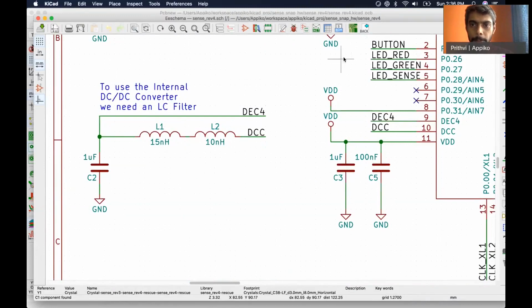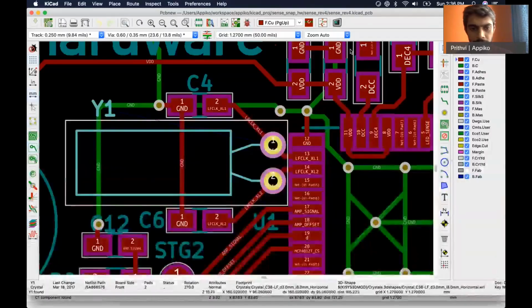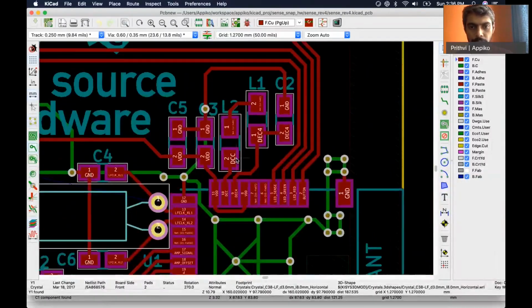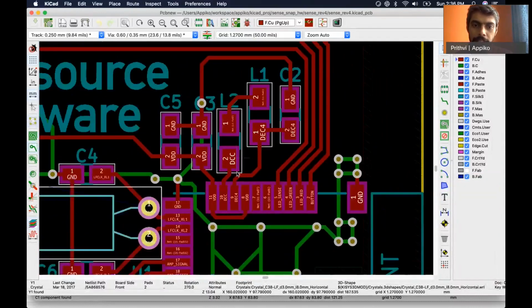Both of them need to be placed as close as possible to these pins, which you can see we have done here. The decoupling capacitors are used to remove any high frequency noise present in the power signal to make it much better quality for all the integrated circuits that are present in your system.